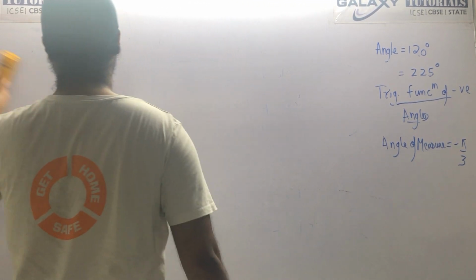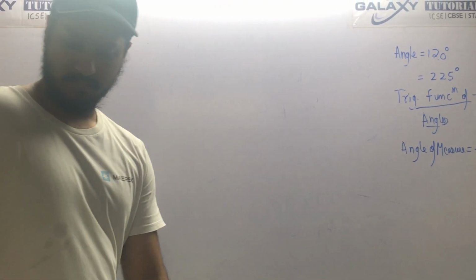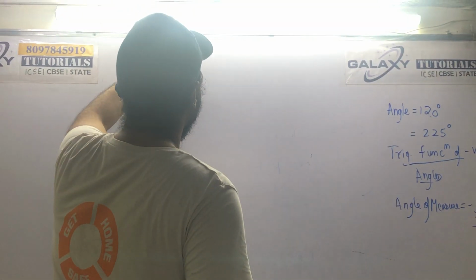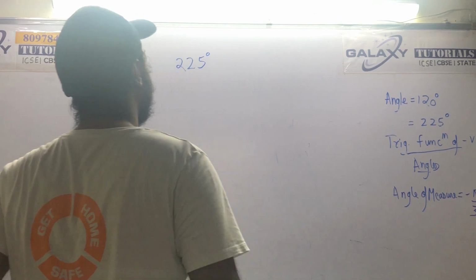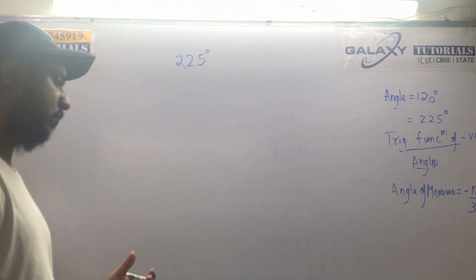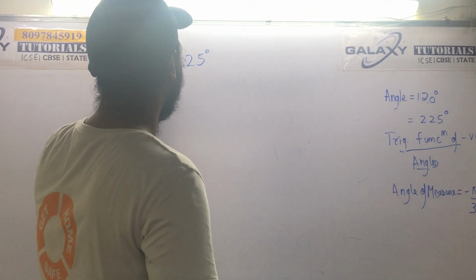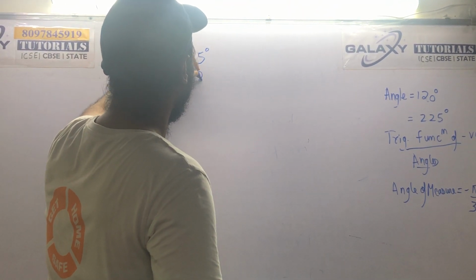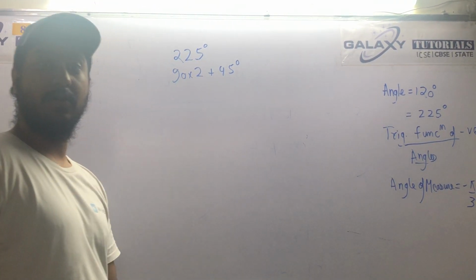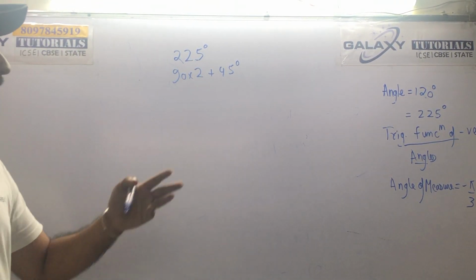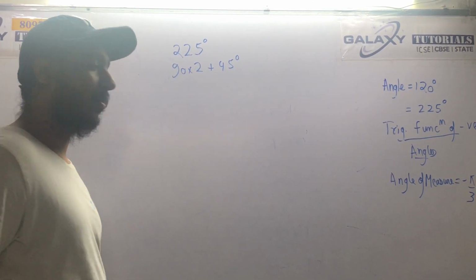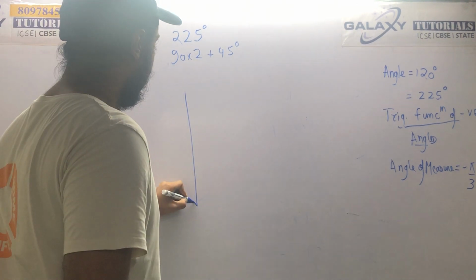Now we will do one more of this case, then we will go ahead. Okay. Next is 225 degrees. First of all, which quadrant is 225 degrees lying inside? Now you must all be able to imagine it. See, 90 into 2 plus 45. You can write it like this. So 90 into 2 means second quadrant, and plus 45 means you are entering the third quadrant. So how will the diagram look like?